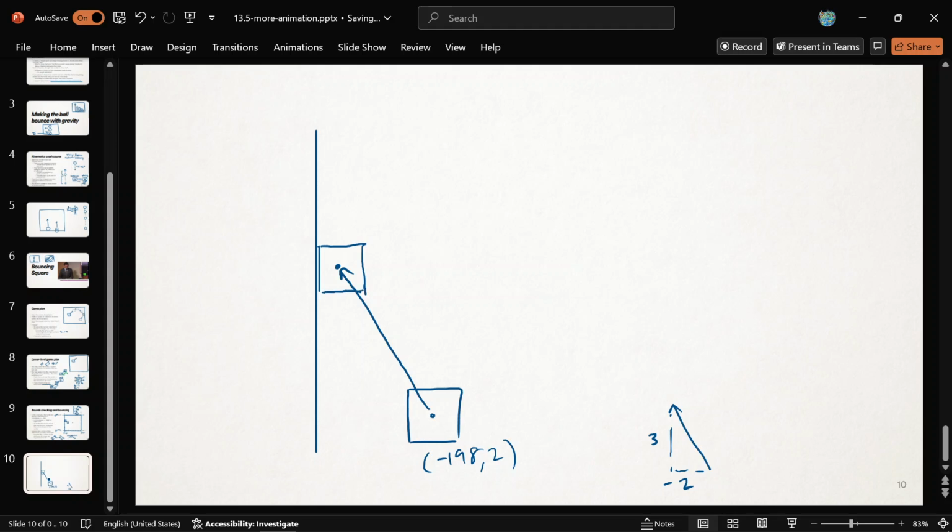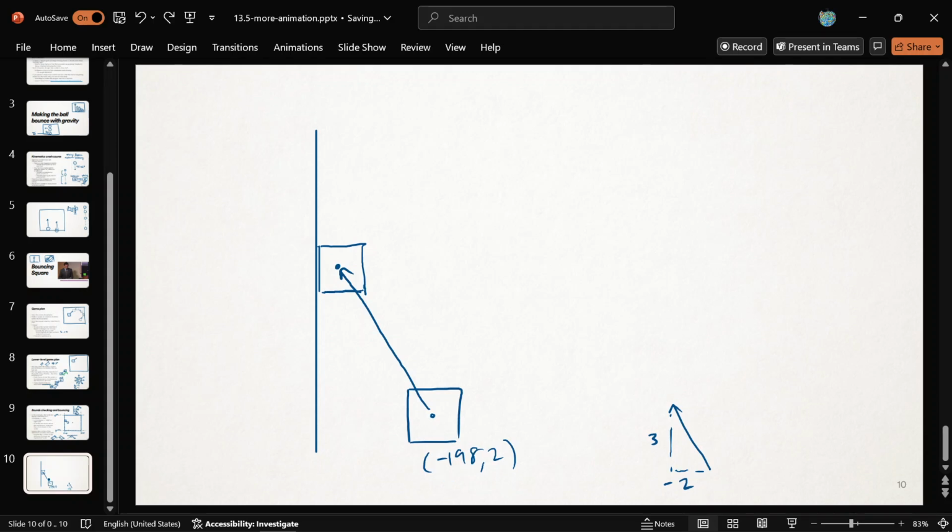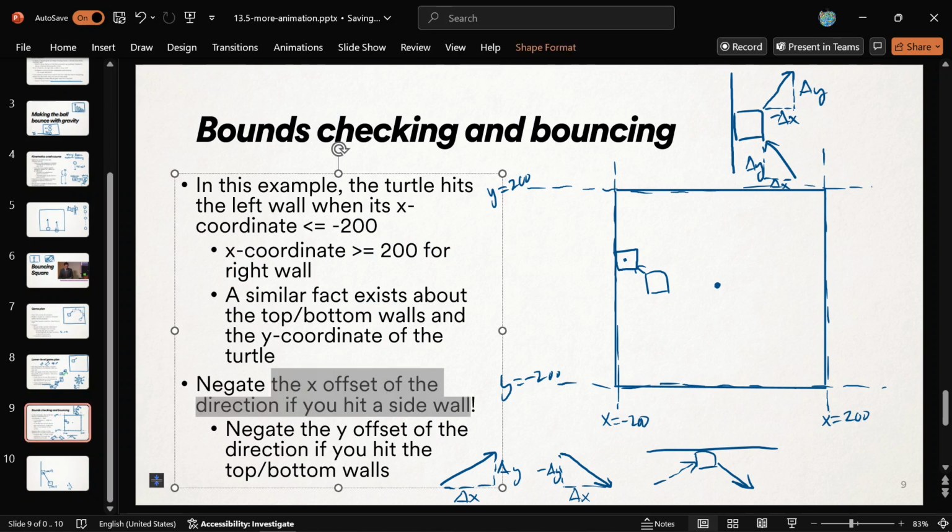So then we're going to be affected by that. So negative 198, that's our x, minus another 2, that's negative 200. And then we were at 2, we're going up 3. So now we're at negative 205. And we hit the left wall. Our if statement fires, we notice that we've hit the left wall. So we need to bounce off the left wall. And what that means is it's a sidewall. So we're going to negate our